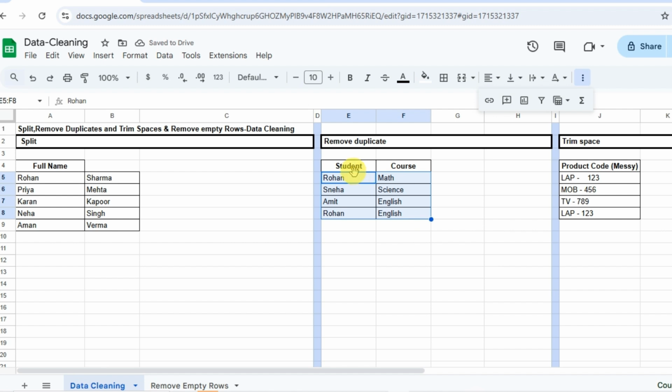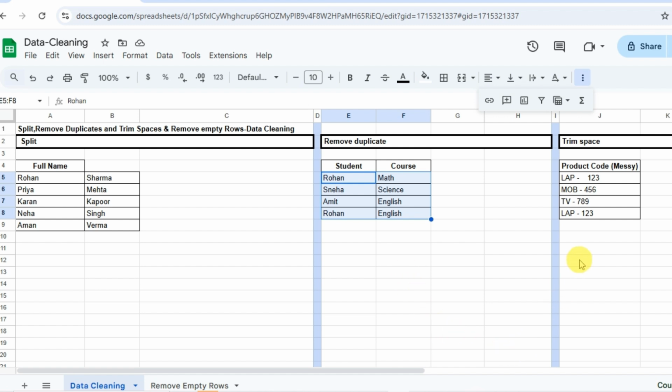Now you can see that in the student column there are two entries of Rohan. Why are there two entries? Because Rohan math and Rohan English are treated differently. On the basis of combination they are distinct entries, although for the student column they would be a single entry. So whenever you remove duplicates on the basis of a single column, there is only one entry. Whenever you delete duplicates on the basis of a combination of columns, you get the student entry on the basis of the combination. Rohan English and Rohan math are treated differently. So I hope till now everything is clear.